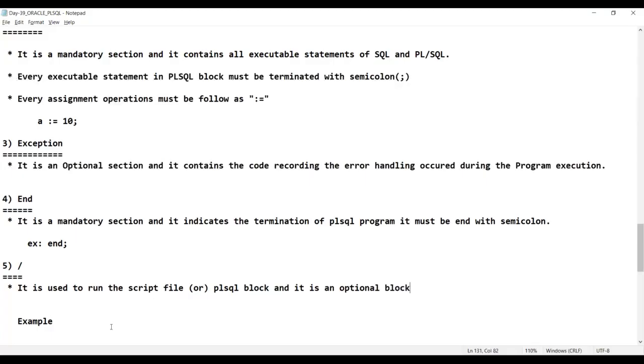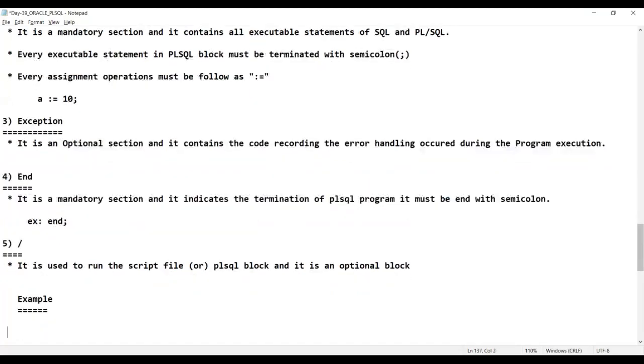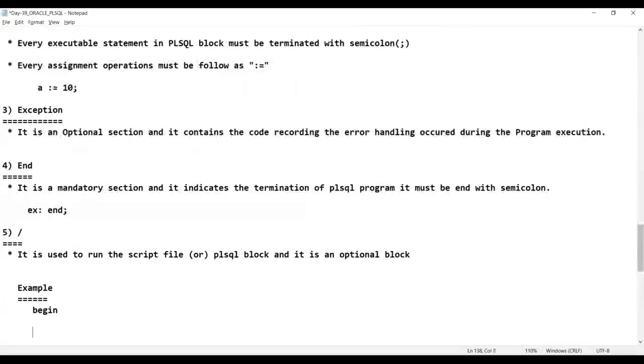Okay, fine. So let us try to write a sample PLSQL block, sir. See, sir, begin is a mandatory block, and end is nothing but a